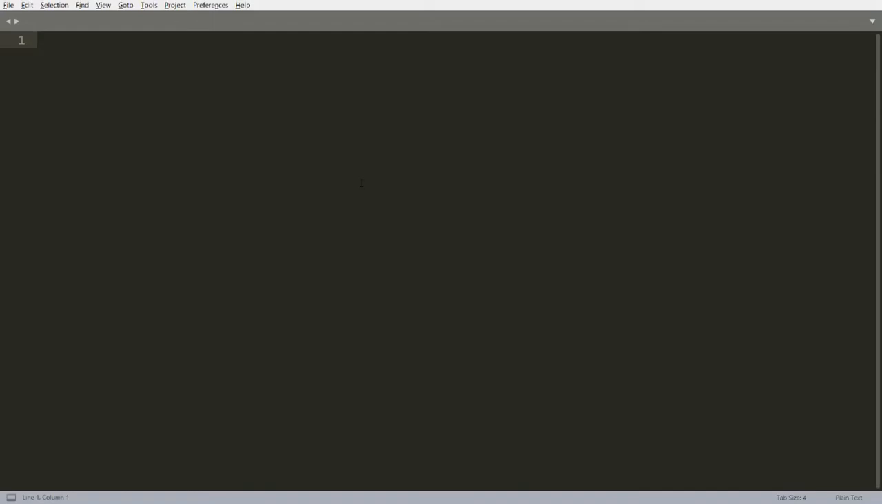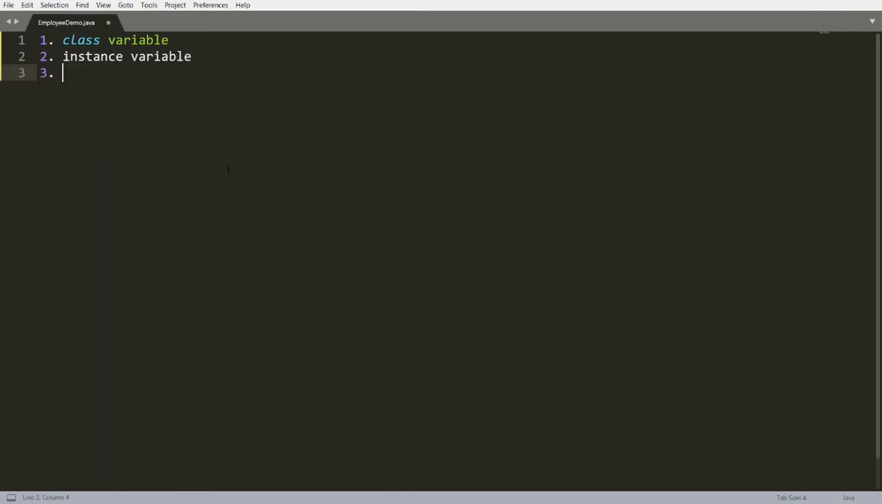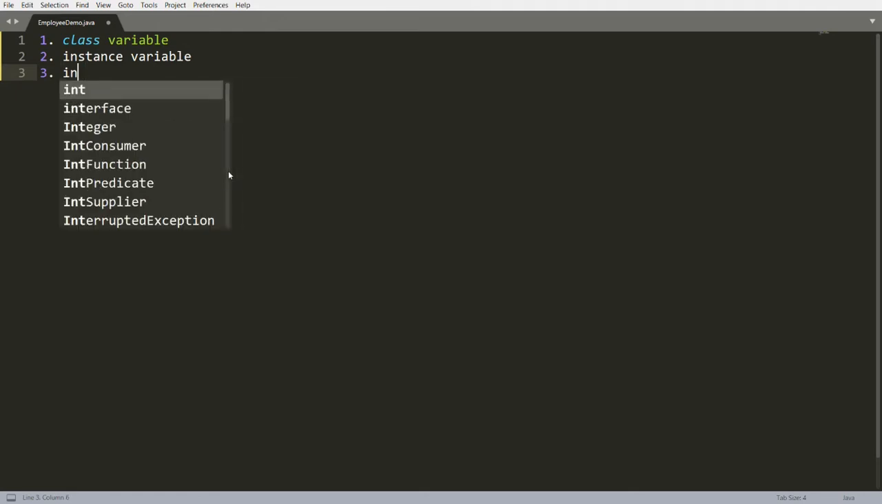So we will discuss how to define a class and what the members of the class are, and we will take a closer look at the class members. So which are the members of the class? The first member in the class is the class variable. The second member in the class is known as an instance variable. The third member in the class is known as an initializer